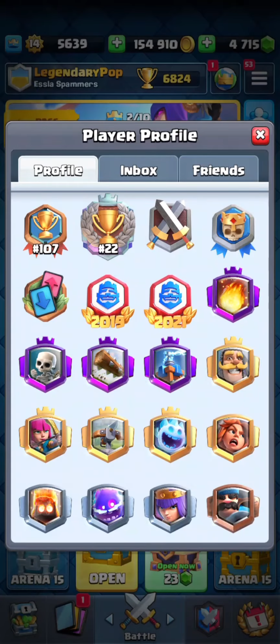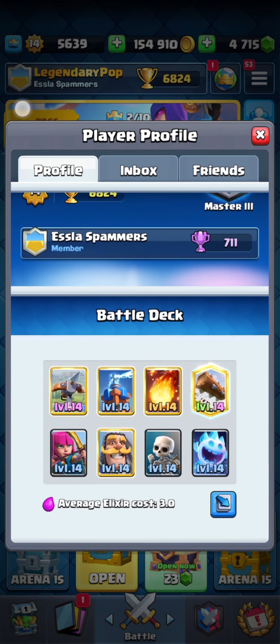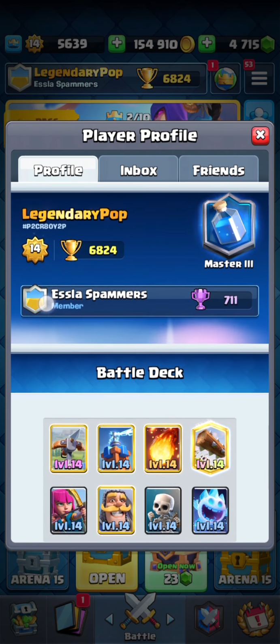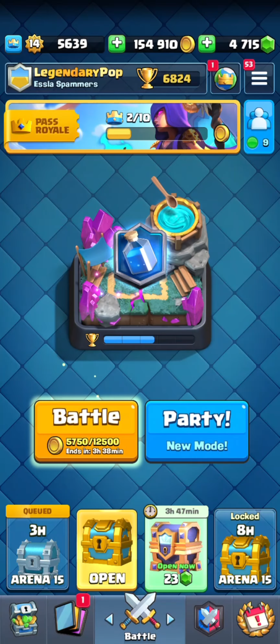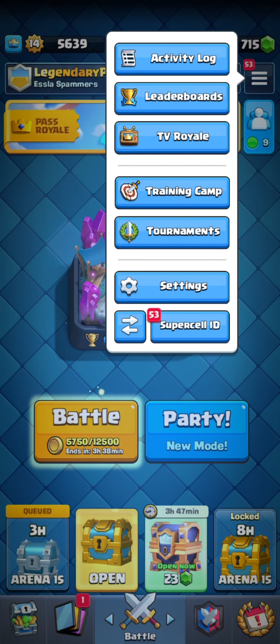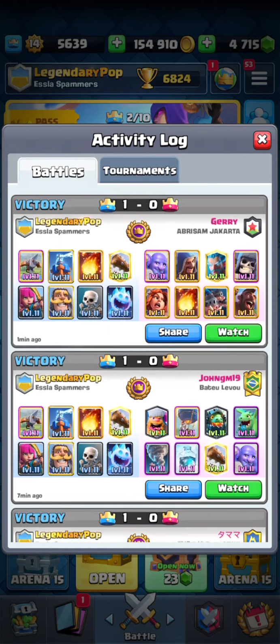Ice Spirit as well, level 6. But I honestly don't play as much. I haven't played ladder at all pretty much this season. I pushed up a little bit a few days ago, just from 6,600 to 6,800, I think. But I haven't really felt like pushing, and honestly, that's fine. You don't always have to play. Or I guess ladder is like the main thing for people to play, but for me, it's kind of my...